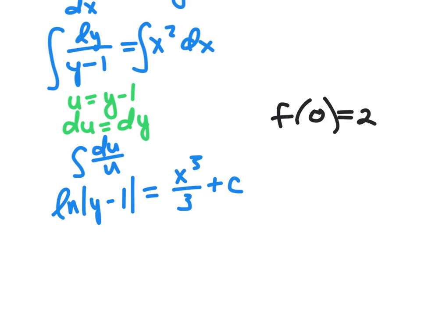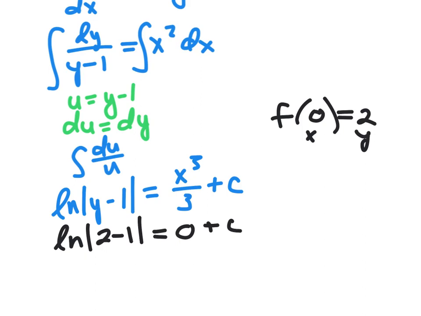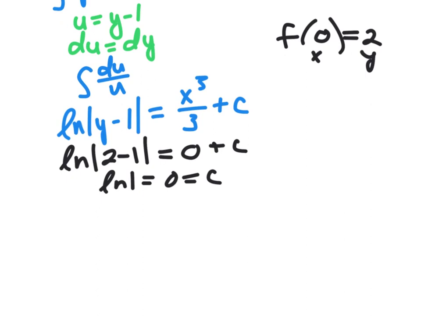So right here, I know x is 0, y is 2. I'm going to go back and plug that in, and I have ln absolute value of 2 minus 1 equals 0 cubed, which is just 0, plus c. So this gives me ln of 1, which is equal to 0, which would equal my c value. In this case, it doesn't really matter that much because c ended up being 0. But if that had been a different number, of course, I'd have to carry it through with all the following